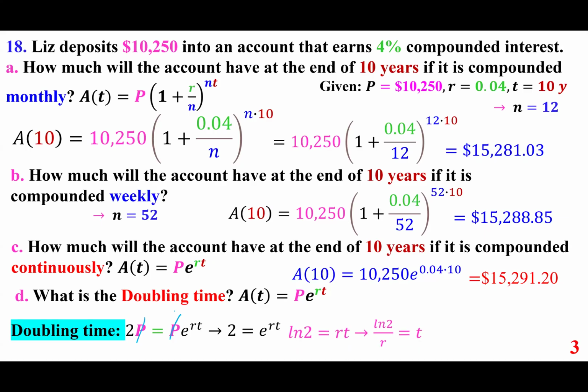So when we take the natural log of both sides, this becomes ln 2. ln of e to the power of rt is rt. And so ln 2 is rt. So t is ln 2 over r. By the way, one may be looking for r. If in case r is missing, r is ln 2 over t. But in any event, t is ln 2 over